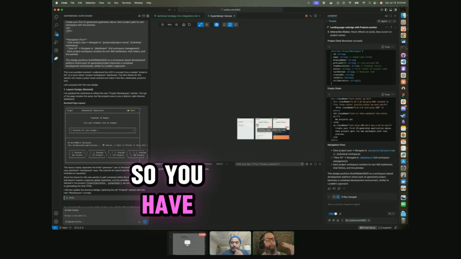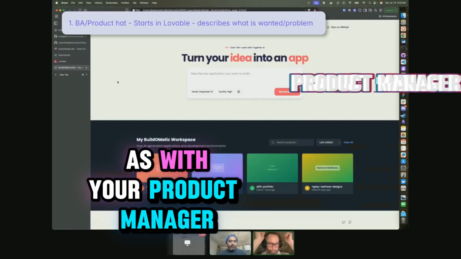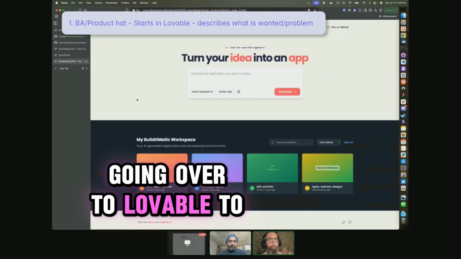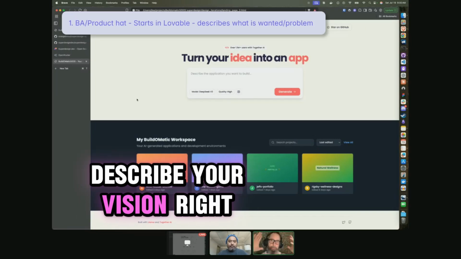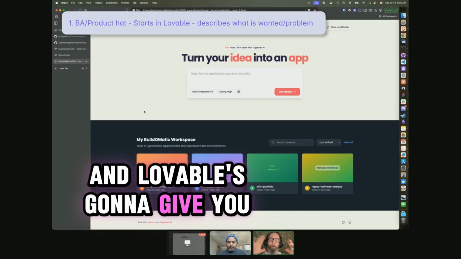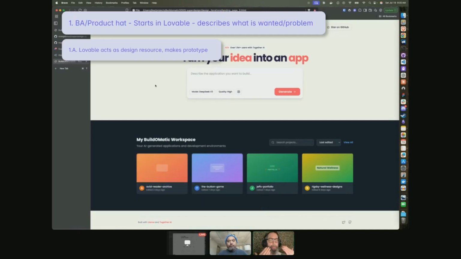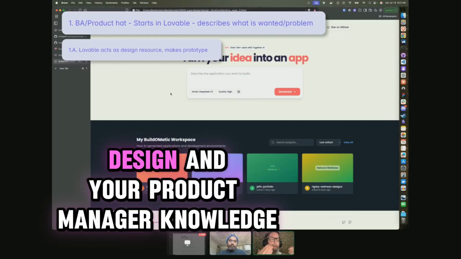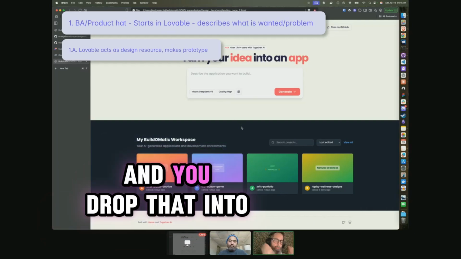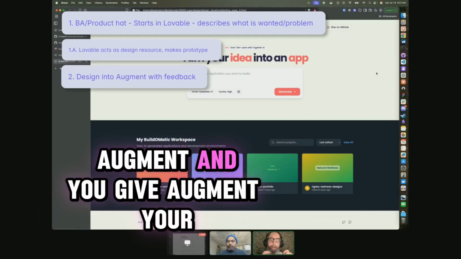So you're going to start off with your product manager hat on, going over to Lovable to describe your vision, right? And Lovable is going to give you a visual representation of that. Lovable's acting as your design. Right. Then you take your design and your product manager knowledge and you drop that into Augment,